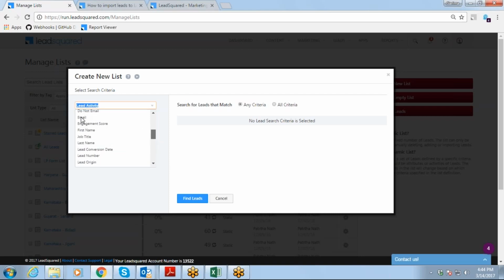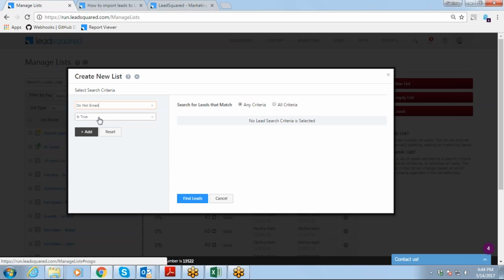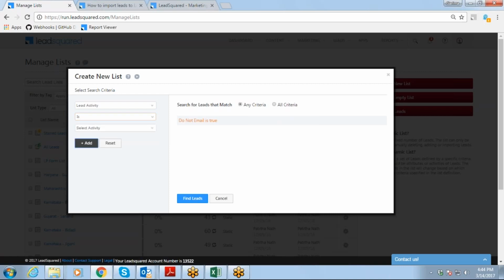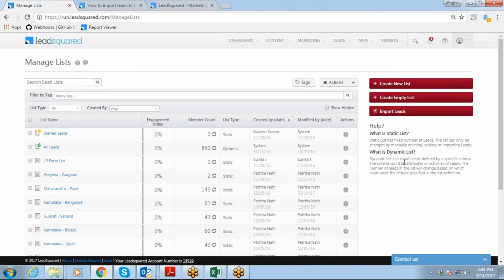So I'll select this. Email is true means the email is valid, email is false means the email is not defined. So I'll select email is true and add. It will be sent to all those who have a valid email ID. You can make a static or dynamic list accordingly and make use of it.